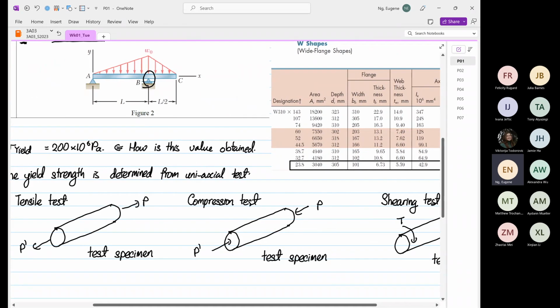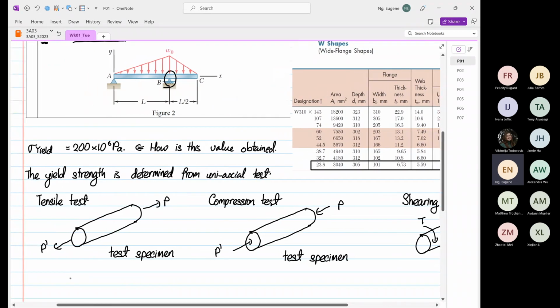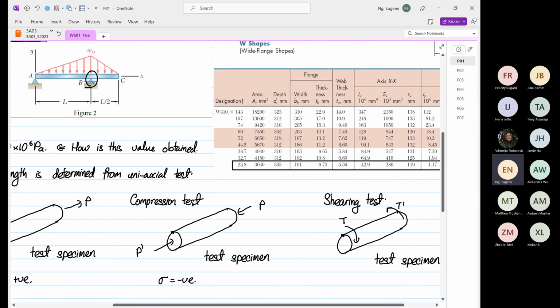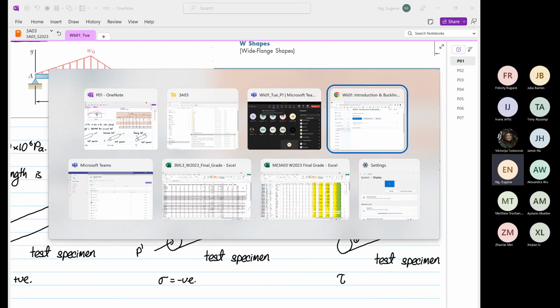So as you can see over here, if it's a tensile test, your stress will always be positive. Compression, the stress will be negative. Now shearing stress or shear test, you get tau. Okay, tau value now. Now that is why if we were to go back to our table,